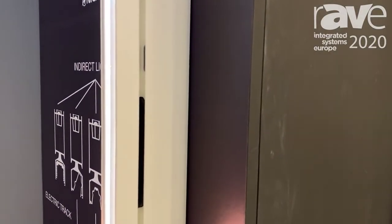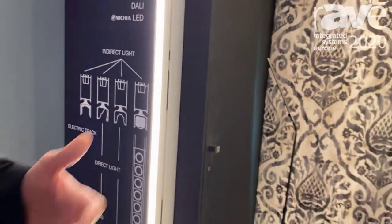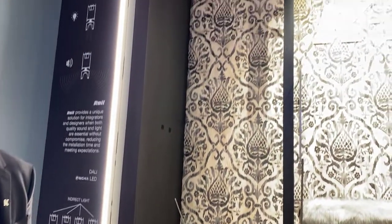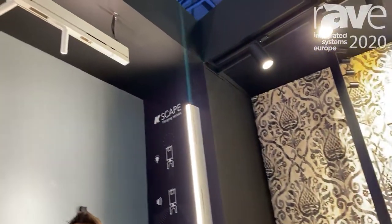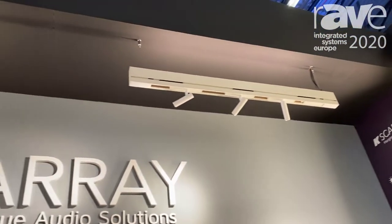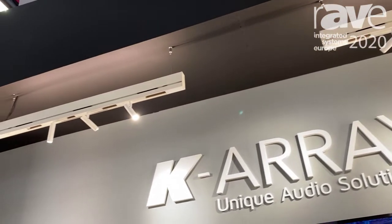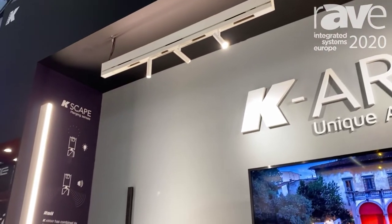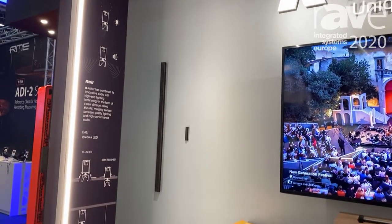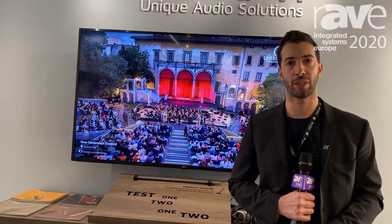It's called the rAVe, and it's a linear LED light that is also providing sound thanks to 3 woofers installed inside the light itself. So imagine for an office or a store or a restaurant where you need high quality lighting, but at the same time you need high quality background music. Now with just a few cables going through the ceiling, you can have audio and light done in one single shot. We have several options available. We have continuous symmetric light, asymmetric light, spotlight, and I really invite you to check all the options available on our